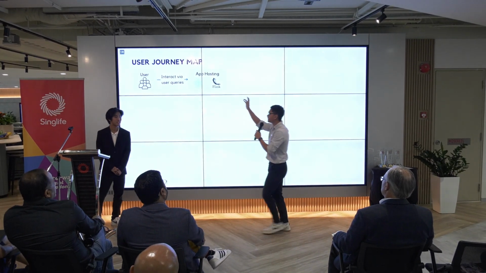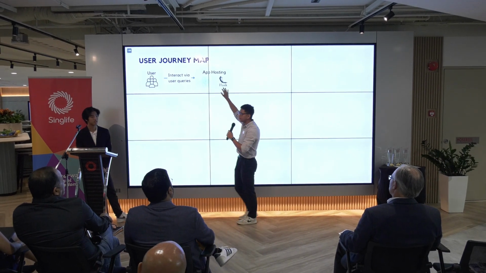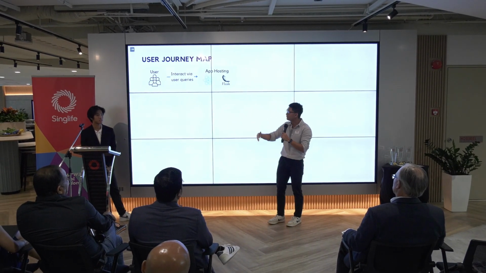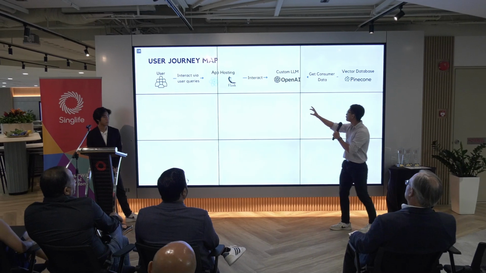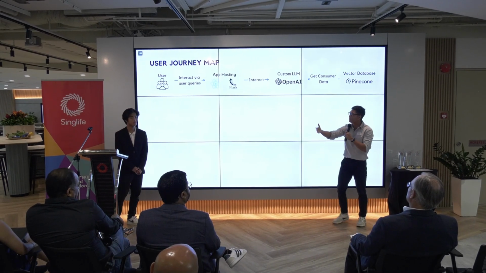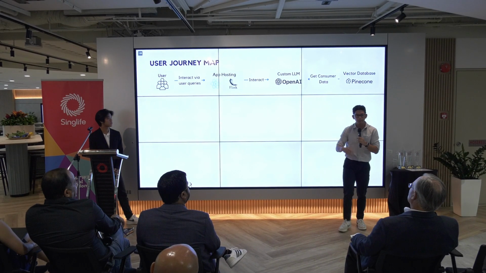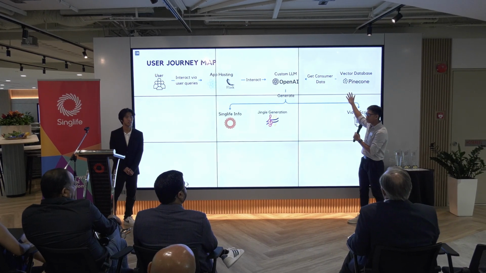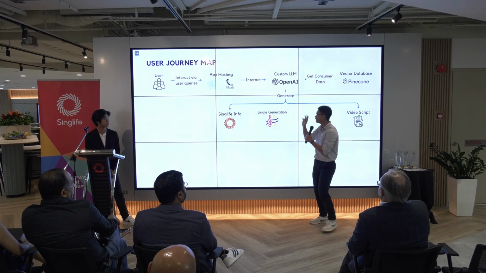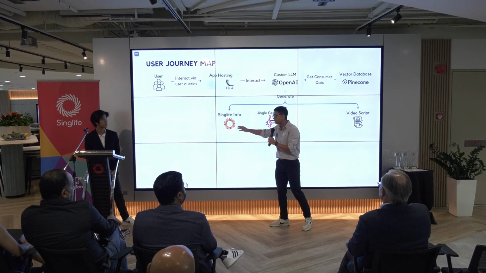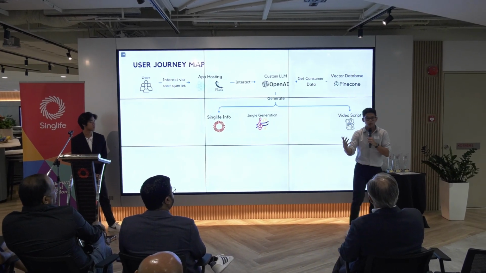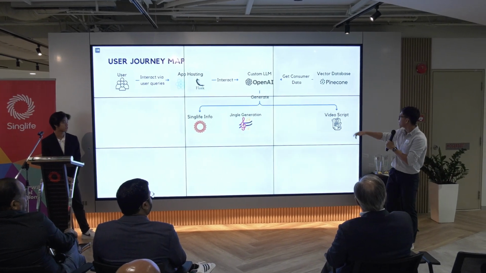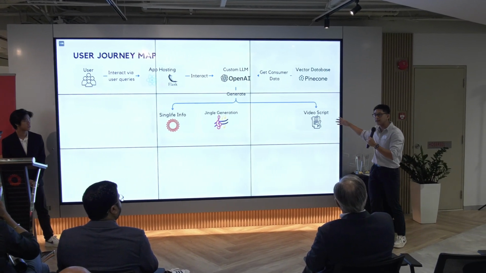So what we do is we take the user's query, we feed it into our application. So this is the web application that you see. Next. So with that user query, now all the hype is in OpenAI, right? So we are using their APIs, their large language model, to then get the data from whatever insurance data you have. And we are generating three main things. The information for them, the jingle, so the background music that's playing, that's also AI generated. And lastly, of course, the most important thing is the engaging video script.